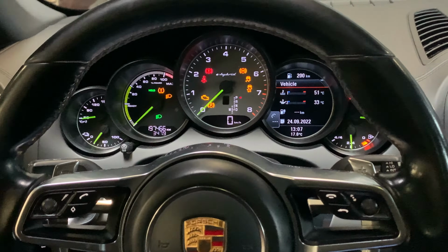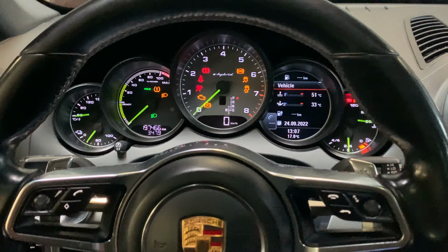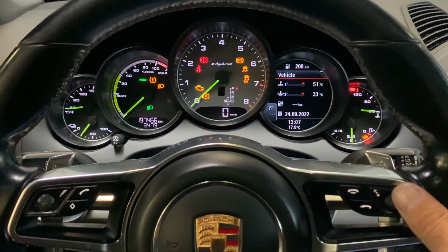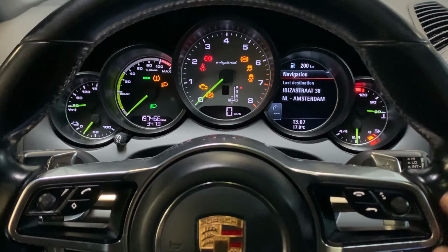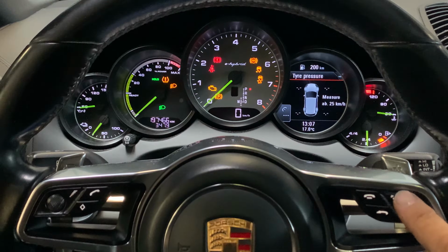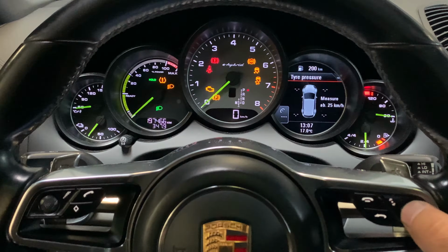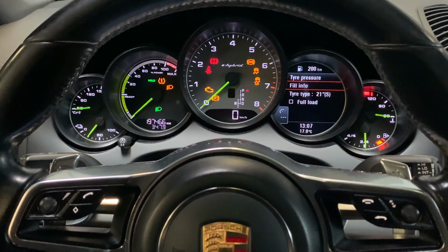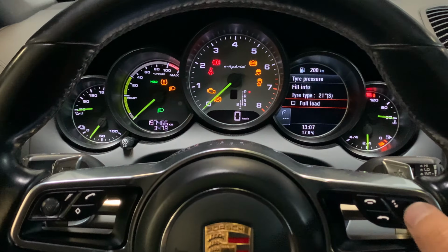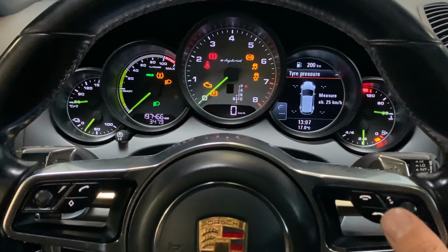Let's start with this one. Turn the ignition off, turn back on the ignition. Then we have to go to the settings area or the vehicle area on the right side of the wheel. Turn this wheel till we get the vehicle or tire pressure sign here. Once you are here, press on the wheel. Then all you have to do is mark this one, full load. Once you have done that, go back,